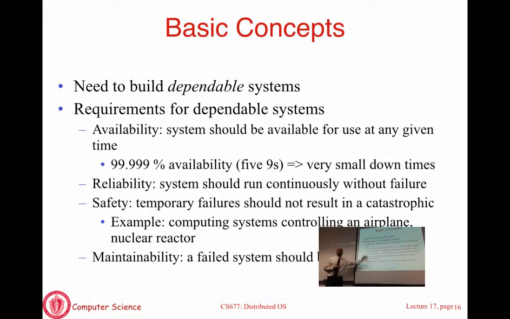Maintainability also says if some parts of the system fail, how quickly can you swap them out or replace them or fix them. Okay? So ideally you want all of those properties. They're very difficult to achieve. So you want highly available systems, highly reliable systems, systems with a high degree of safety, and they have to be maintainable. Those are all properties that if you strive for and design your system this way, you will actually have a good design. But it's easier said than done because of all the problems I talked about.